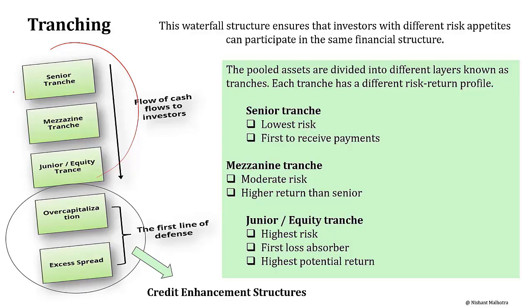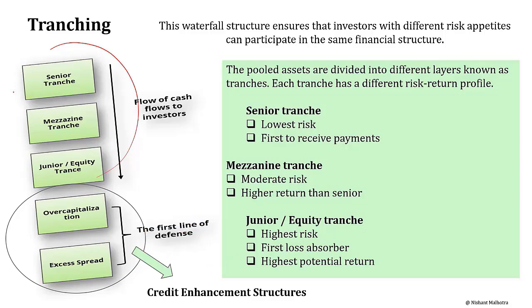Of course, the first is the senior tranche, which has the lowest risk and is also the first to receive payments. Then you have the mezzanine tranche, which is moderate risk and has a higher return than the senior tranche. What is the junior or equity tranche? This has the highest risk. It's the first loss absorber. The first loss is always taken by the equity or junior tranche, and that's why it has the highest